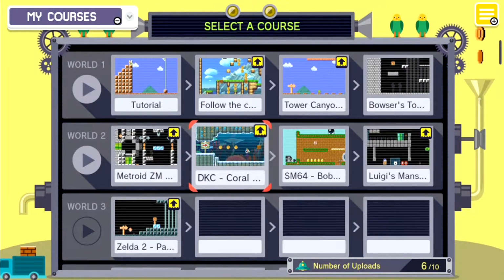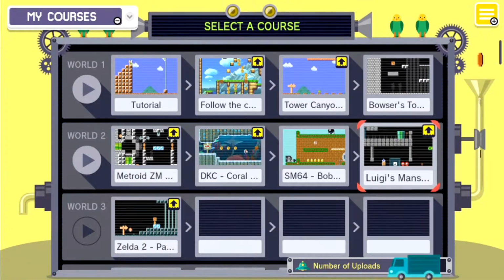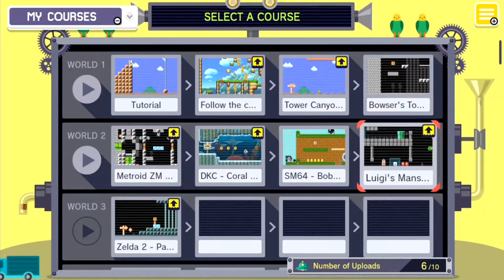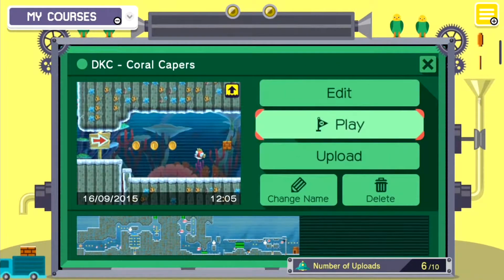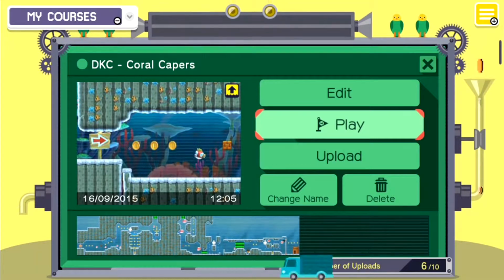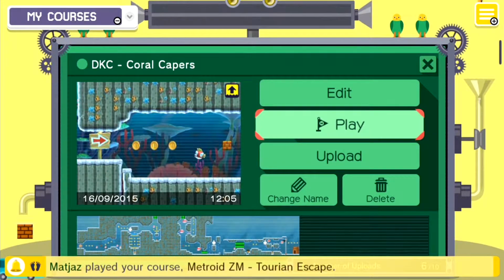The last course that we showed off was Luigi's Mansion EGAD's Lab, a 2D rendition of the 3D GameCube game Luigi's Mansion, basically, and you can access EGAD's Lab as well. But in this episode, I'm going to show off the first water level of Donkey Kong Country, called CAPERS. This is an exact recreation, and it was really difficult to actually...